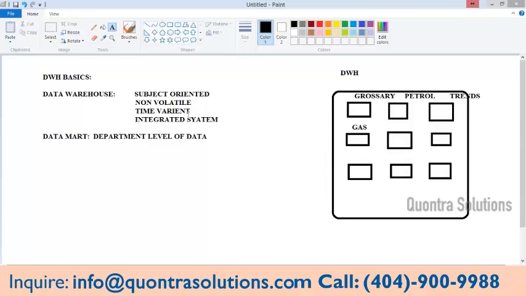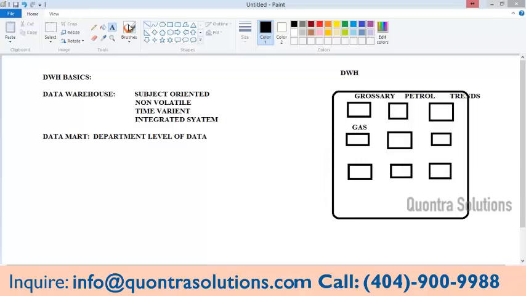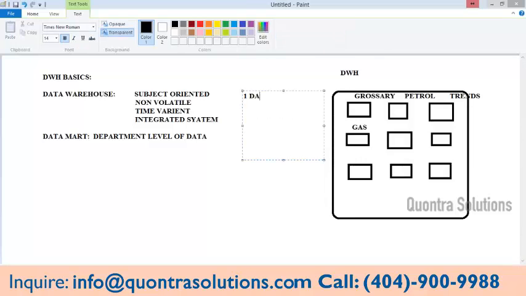And time variant system. Time variant means whatever insertions and updations need to be performed in a data warehouse are performed only on a timely basis. Timely basis in the sense that, to move any data into a data warehouse, we have certain time periods. One day of data, at the end of the business day, like close of business. After that, we load today's complete data into the data warehouse, or else one week of data, or else